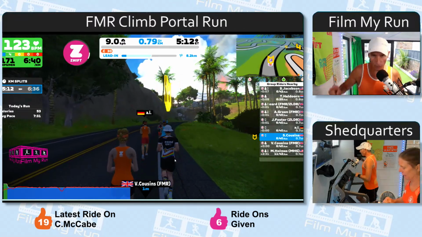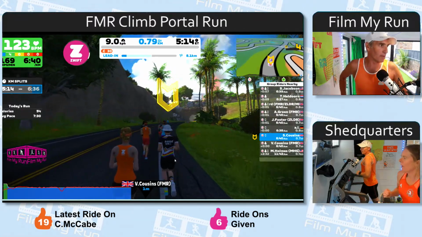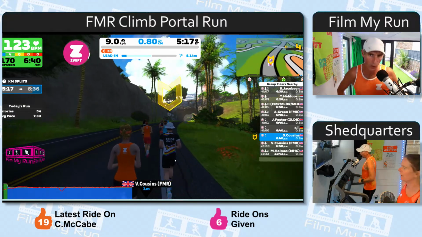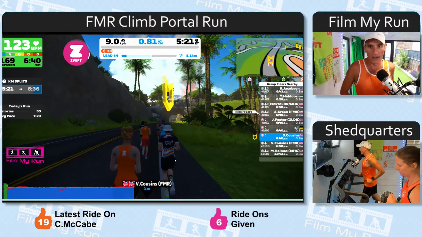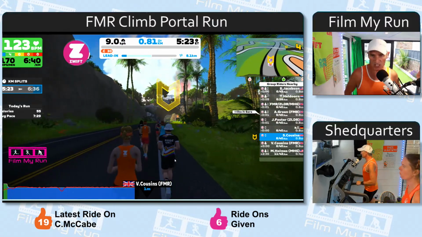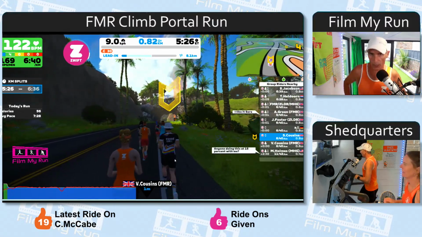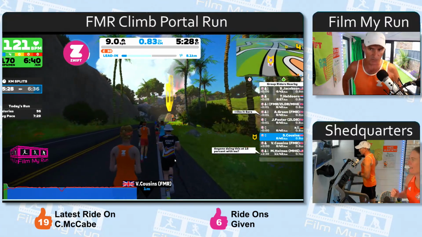The other thing to remember about this run is the portal is a long way today. It's 13 kilometres, so we're not going to do it all. We'll only get the first... Well, you run as far as you want, but I'm thinking I'm going to go about 6k or something.